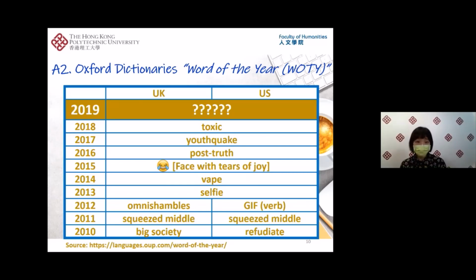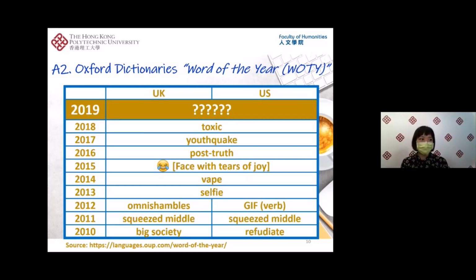But they picked this emoji, face with tears of joy, as the word of the year. So it was extremely popular. And even though it is not considered trendy or fashionable now, it is still widely used. If you don't believe it, just open your WhatsApp conversations and count how many you have used and received